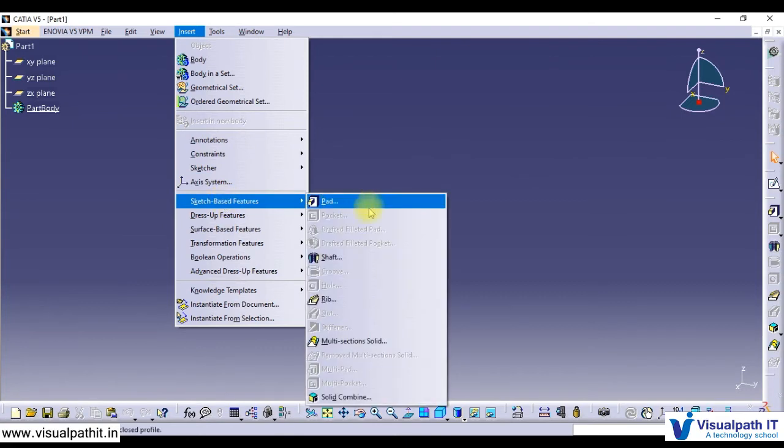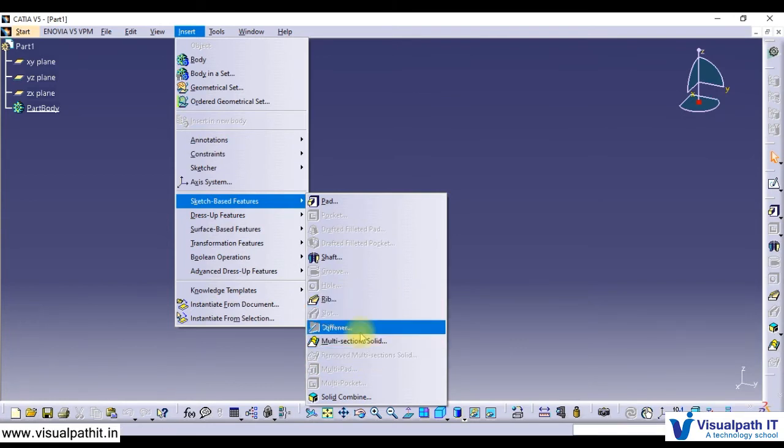There are pad, pocket, drafted filleted pad, drafted filleted pocket, shaft, which means if you want to create a circular object, that is where you use shaft, groove, hole, rib, slot, stiffener, multi-section solid, removed multi-section solid.